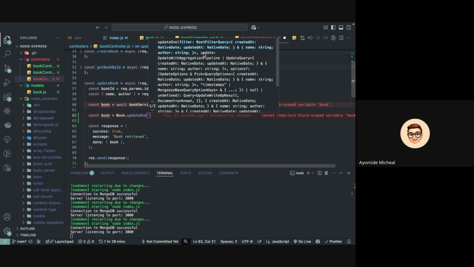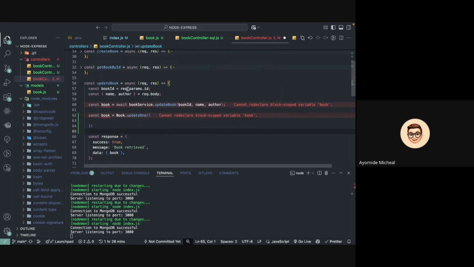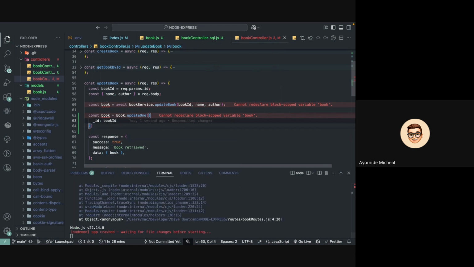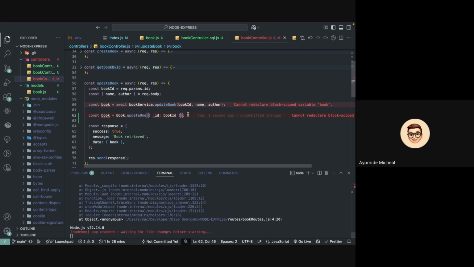So the filter is the condition we want to check for. And since we want to update just one book, we'll say the underscore ID is book ID. That's the first value the update one method is going to receive. And the second value is another object of the actual values we want to update, which is the name. Name is name. And then author